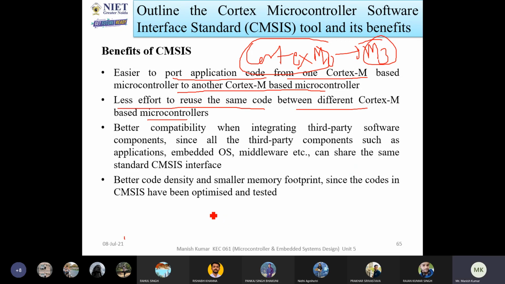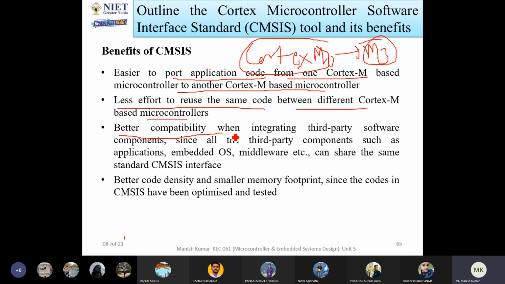Okay. So this is the main benefit of CMSIS. Like, if you write a program for the 8051 microcontroller, you can't port this program to another microcontroller. It's very difficult, since all the things will be changed.